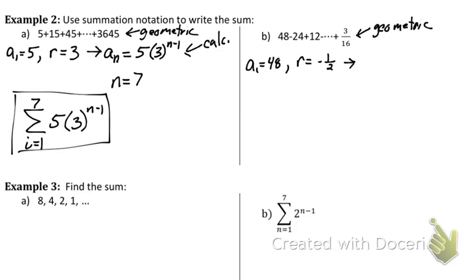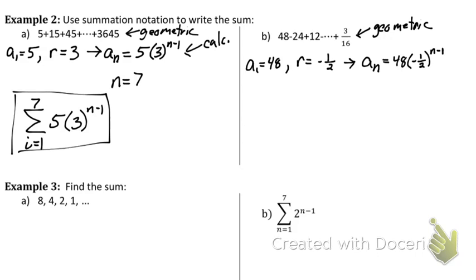I can't find my n yet, so we're going to come up with an explicit formula. Remember, if I know my n value, we can just jump right to our summation, but I don't know my n value. So we're going to plug in our 48 for our first term, and multiply that by our common ratio, which is -1/2, to the n